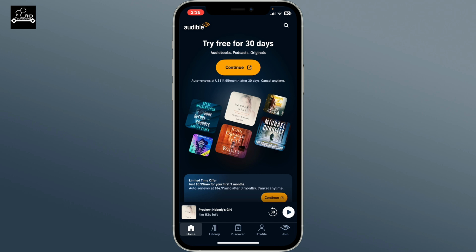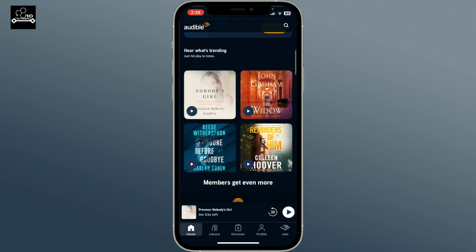So in order to add an audiobook to your Audible wishlist, first of all, open the Audible app on your device and make sure that you're signed in. Once logged in, from the home page of Audible, go ahead and search for the book, or you may also use the search bar to search for a specific book you'd like to add to your